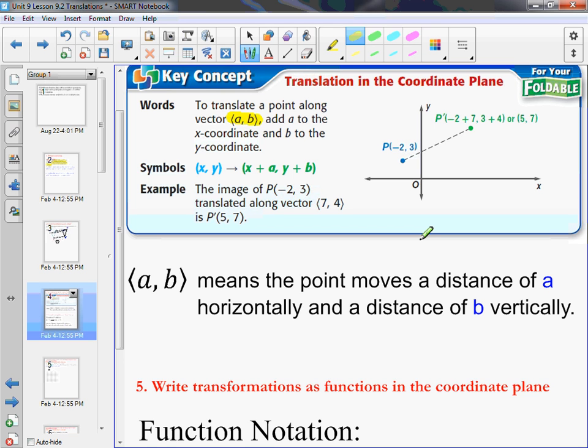It's not really an ordered pair, all right? It's a little pointy bracket looking thing here. That's the notation for vector AB. Add A to the x coordinate and add B to the y coordinate. In other words, vector AB,